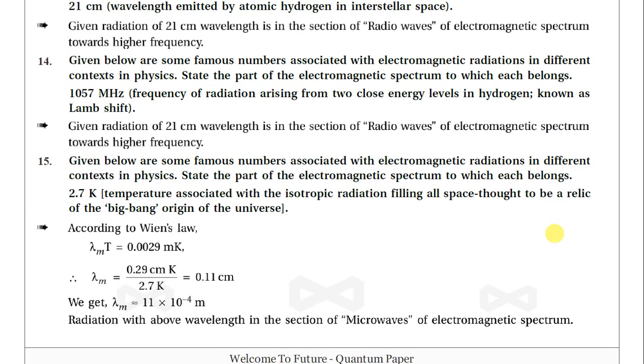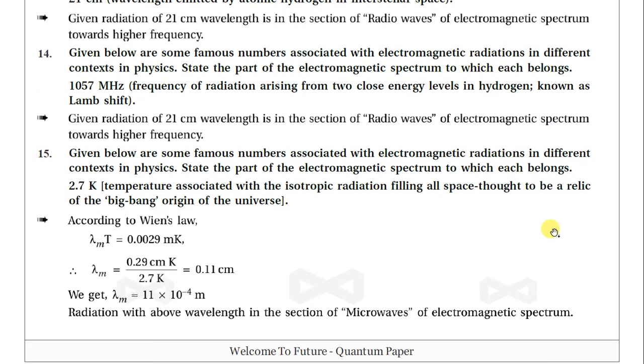Given below are some famous numbers associated with the electromagnetic radiation in different contexts in physics. State the part of the electromagnetic spectrum to which it belongs. 2.7 K is the temperature associated with the isotropic radiation filling all space, thought to be a relic of the Big Bang origin of the universe. Now, lambda m according to Wien's law: lambda m into T